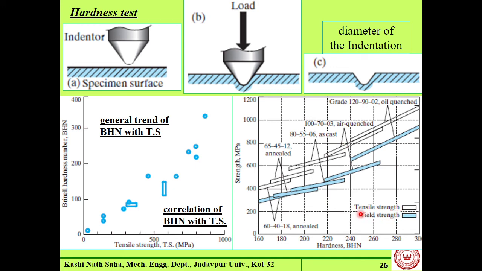If the tensile strength increases, these are the tensile stress values, range of tensile stress, this is yield stress, they are related somewhat. With increase in tensile strength, BHN values increase, here also BHN values increase with increase in tensile strength. So this is an indirect measure of the stress value